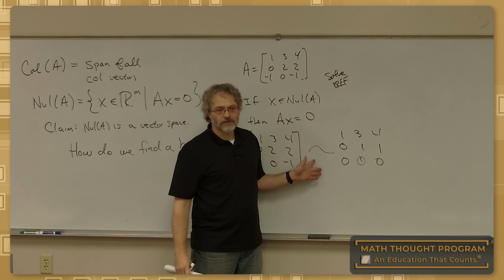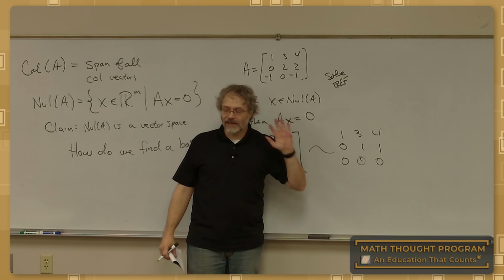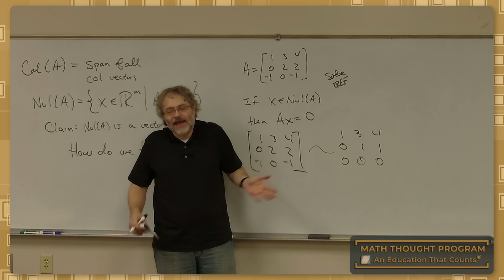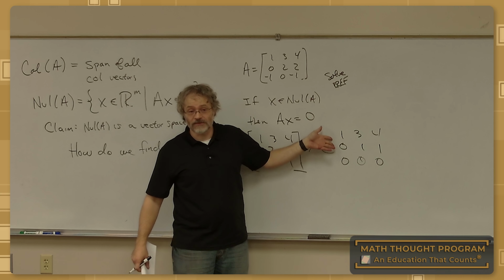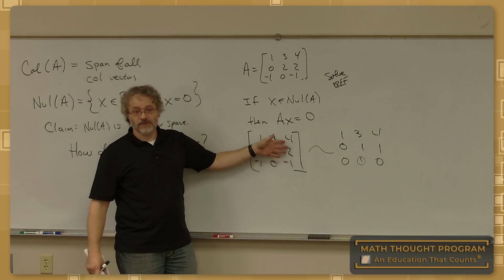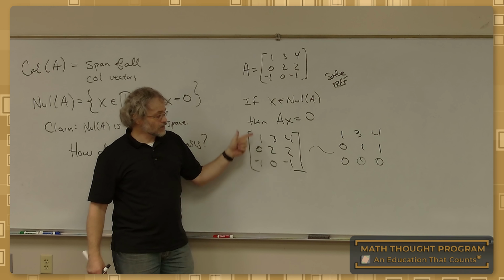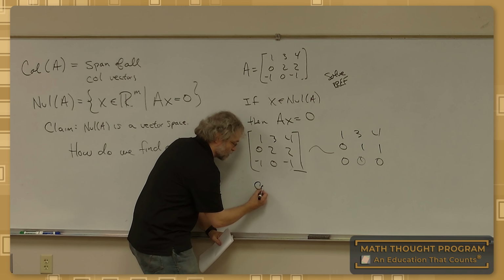Take the matrix again, row reduce it down. In any echelon form of work, you don't have to take it all the way down to RREF. This would work just fine because you just want to identify pivot columns. Okay, so if I was looking in terms of the column space,